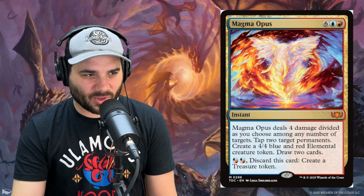to copy it. Similarly to Mana Geyser, 3 red. Add red to your mana pool for each tapped land your opponents control. This could be huge, but it only provides us with 1 color mana, red, in a deck that isn't the primary color, and we don't have a ton of mana sinks, or we don't have any like crazy big X spells that we want to pour that mana into, so it just kind of didn't make a ton of